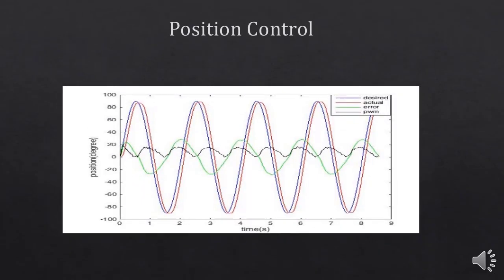For the position control of the DC motor, you have to follow the same steps that you used in the speed control. You have to change the KP, KI and KD gains, and you have to observe the position of the motor. When the KP, KI and KD gains change, the error will also change. The response of the position control of the DC motor using the PID will be similar to this graph. Here you can see the blue line is the set point, the red line is the measured response, and the green line is the error, which is increasing and decreasing as well. This is how you will perform the position control operation.